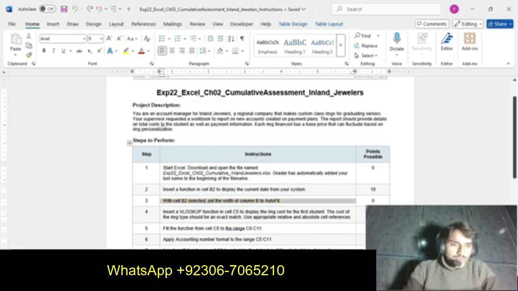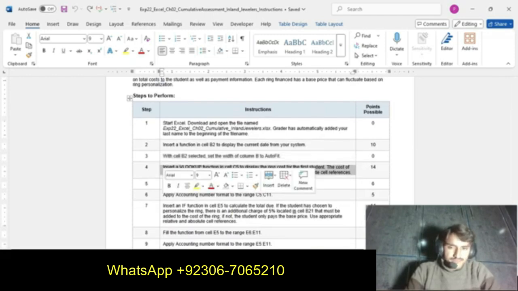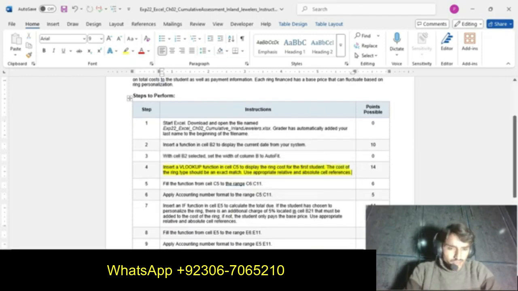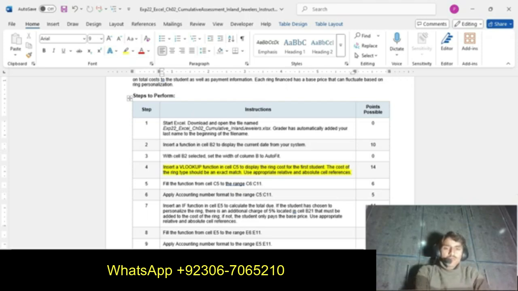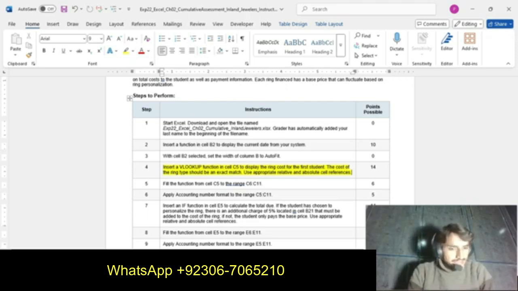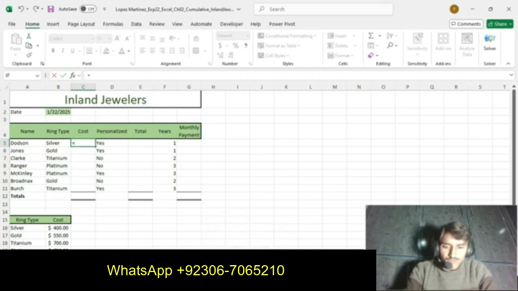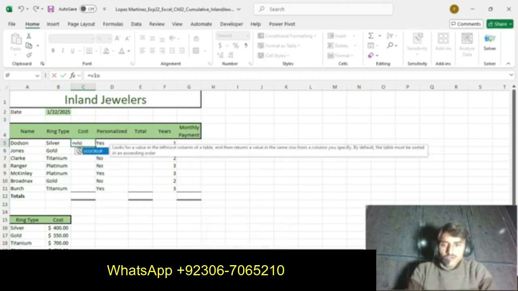Now we move to step number 4, in which it says insert a VLOOKUP. We do this step carefully because it has 14 marks. Insert a VLOOKUP function in cell C5. So first we select cell C5 and apply the VLOOKUP function.